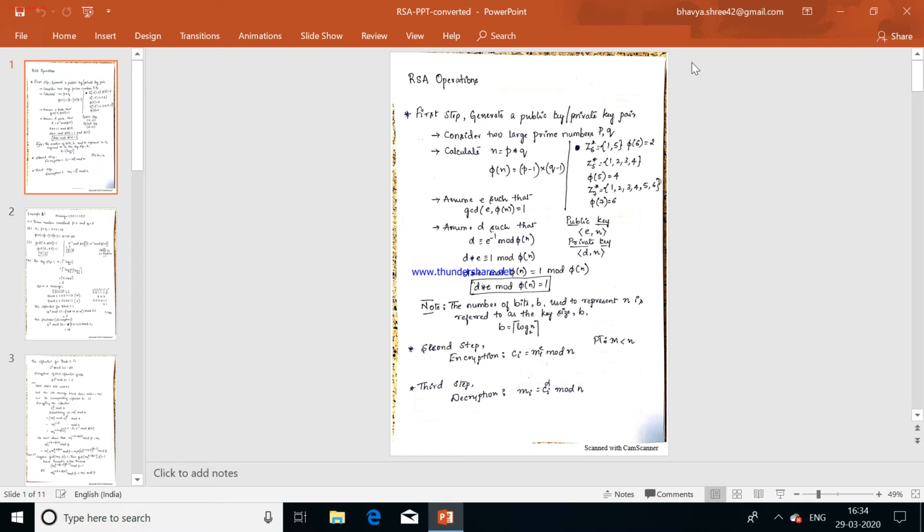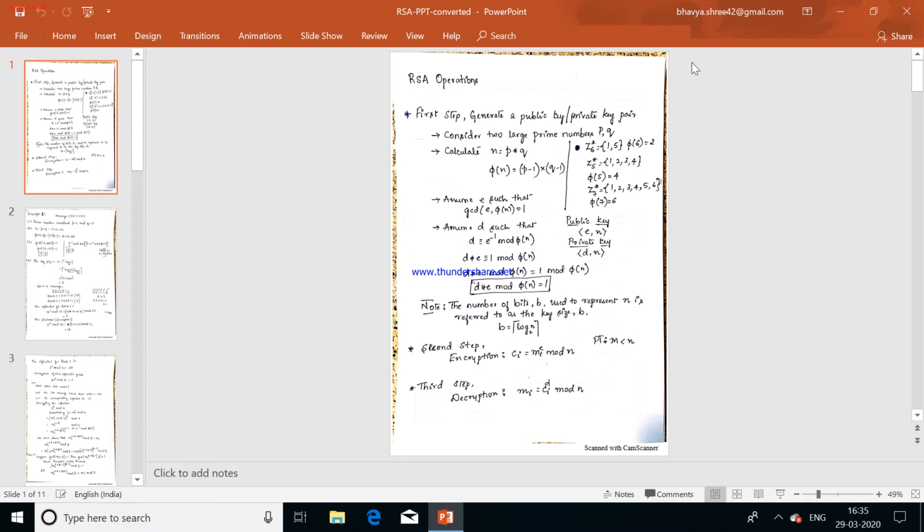So in the year 1977, three people by name Rivest, Shamir and Adleman proposed a scheme of using a public key for encrypting messages and a corresponding private key for decryption. This scheme is commonly referred to as RSA. The concept is very simple, where we'll be generating two different keys, that is a public key and a private key. So it is very much sure that here we are making use of what?